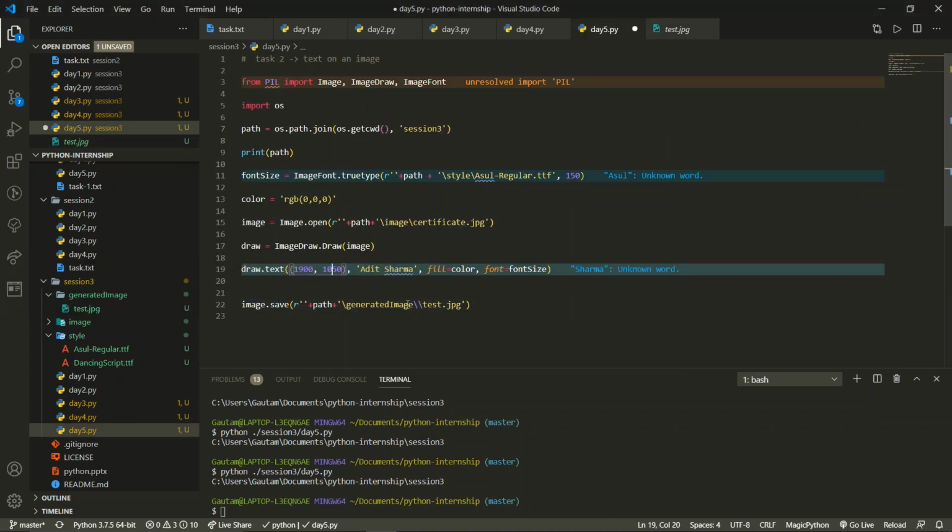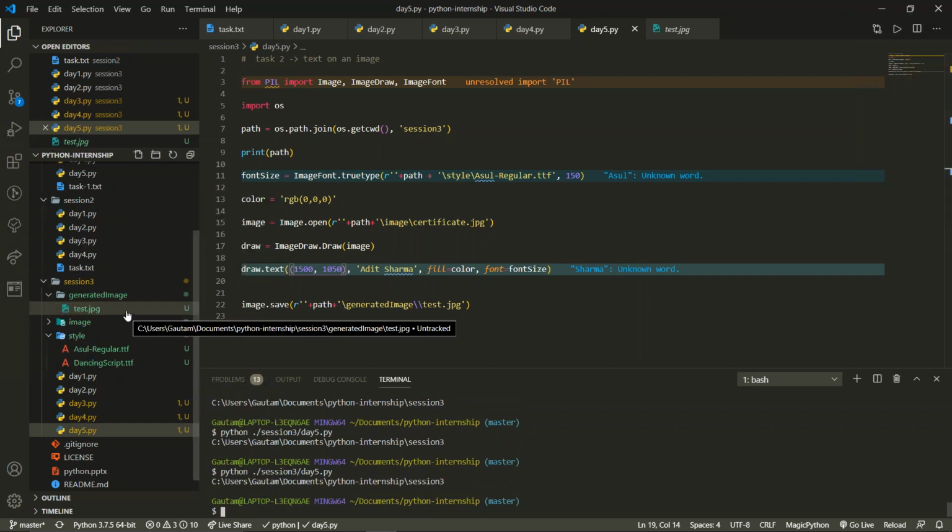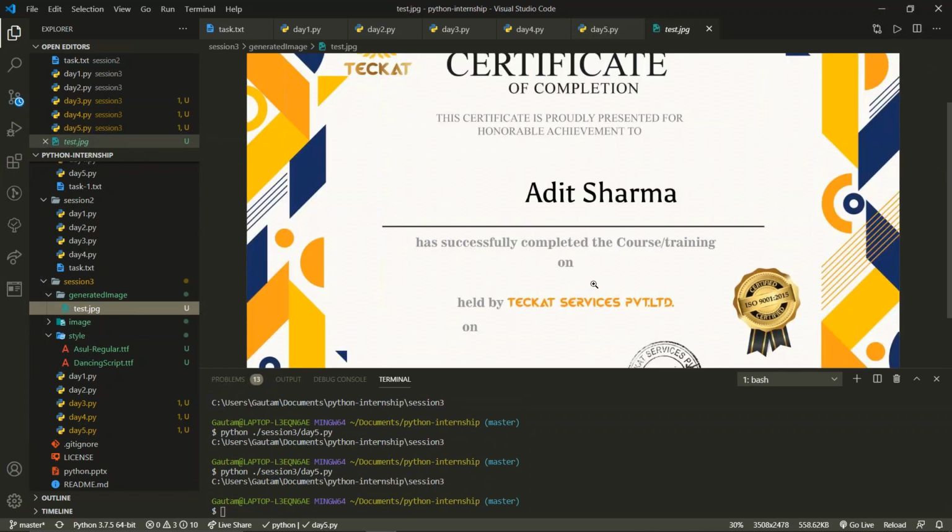We need to test it every time. We need to reduce the height a little and width a little. Let us take 1500 because it's a long text, and let us execute this code now. So we have executed this code, and let us see what the data is. It's good. A little more alignment is required, and you will find the data. So I believe we have completed this.